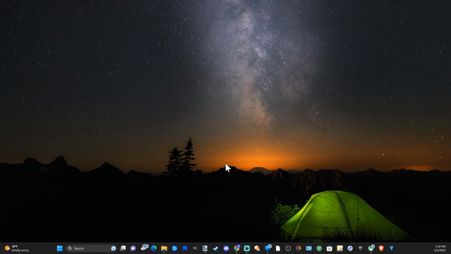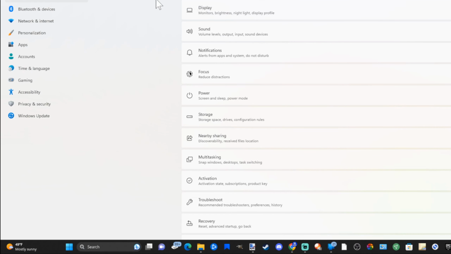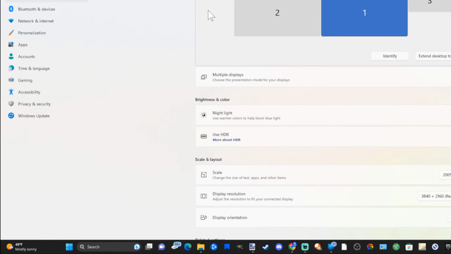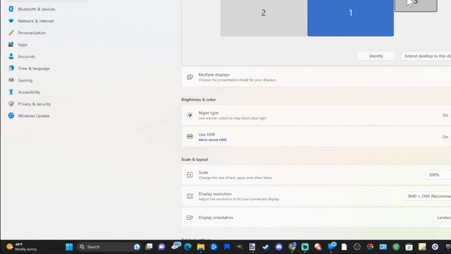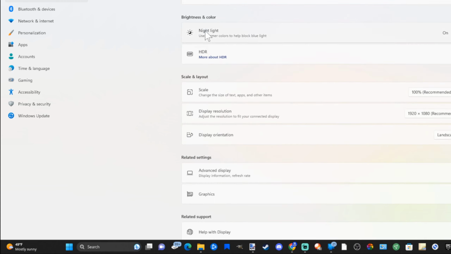Today in this video, I'm going to show you how to fix when your screen is not fitting to your display on Windows 11. So go on down to the Windows Start button right here and select this and go on over to Settings. Now on the top, let's go on over to System, then select Display right here, and then choose your monitor. So I have 3 different monitors. I'm going to go to monitor number 3, then go on down under here